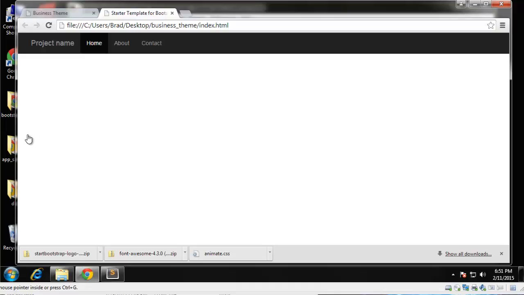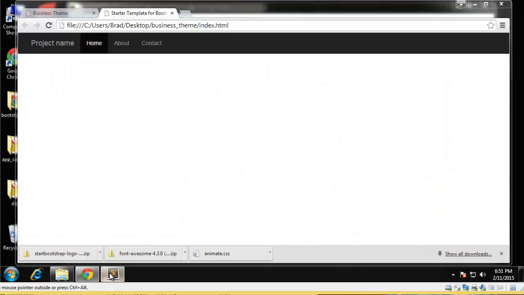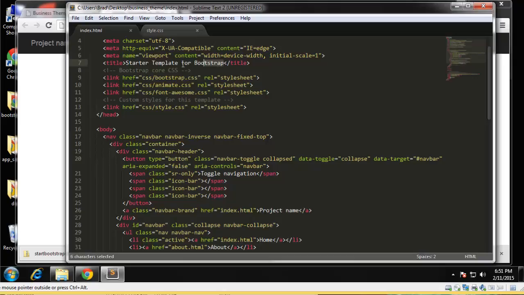Alright, so now that we have our base template set up with all of our vendors, we're going to start on the navigation, and you can see that the default navigation we have is much different than this. Alright, so we need to change quite a few things here. So I'm going to open up the index page, and first thing I'm just going to change this title to